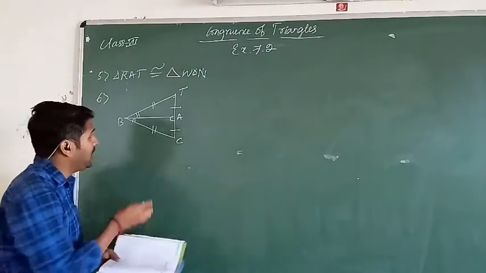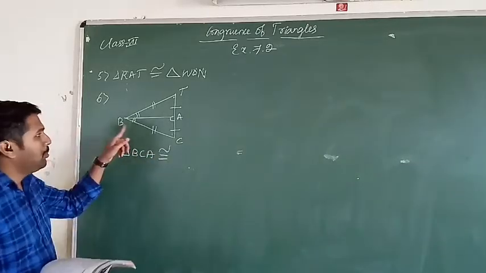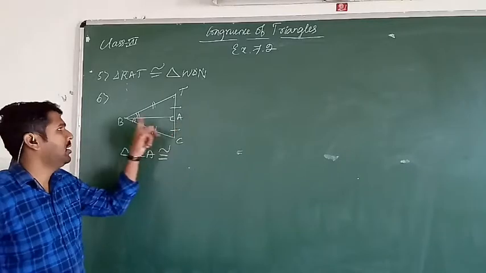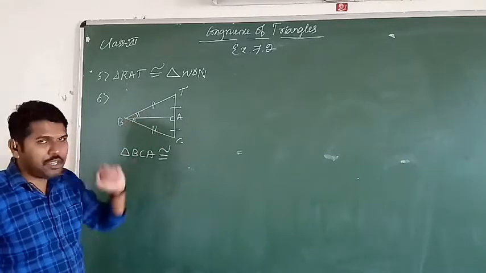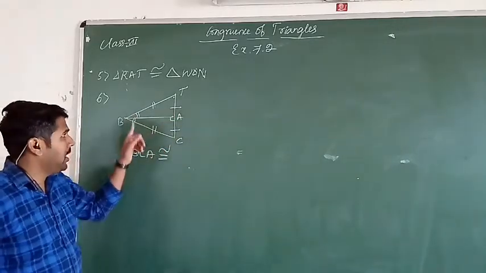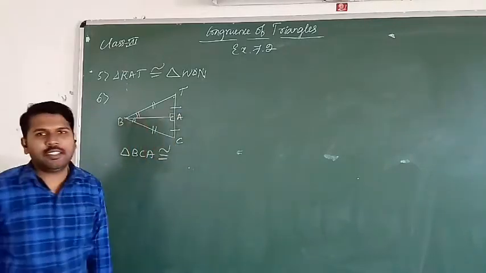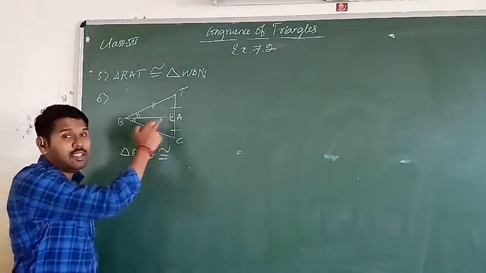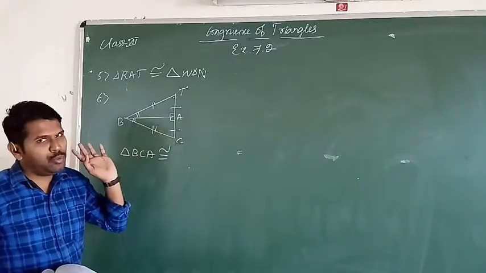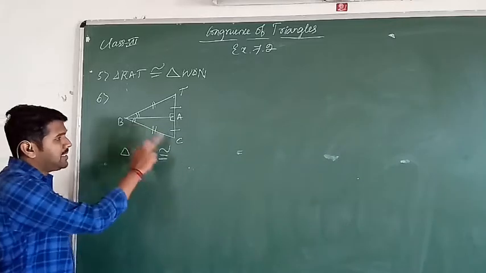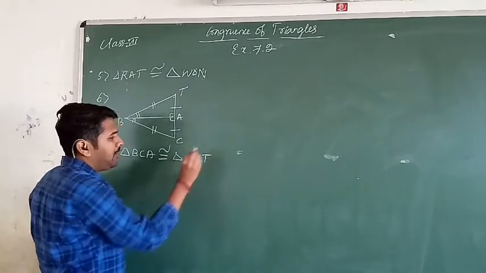Here already they given one triangle, that is BCA is congruent to what? BCA is congruent to which triangle? BAT, isn't it? Because these two sides are here, BC equals BD, AC equals AT, and these two angles are equal, and this one is 90 means this is also 90, isn't it? Because straight line. So these two are which angle? These are adjacent angles, so they form a linear pair. That means this is also true. So BCA is congruent to BAT, that is triangle BAT.